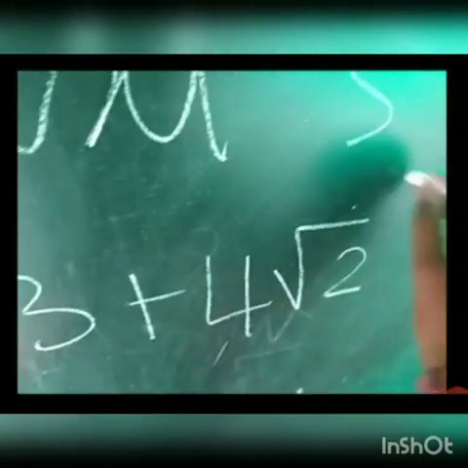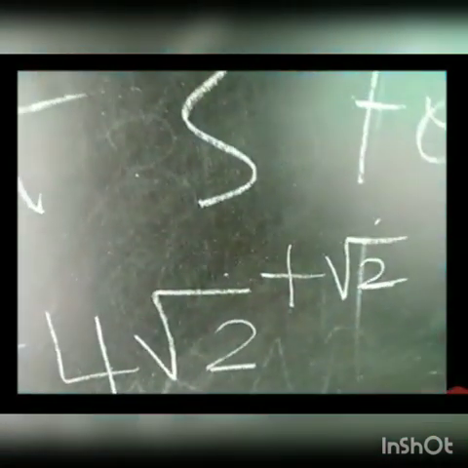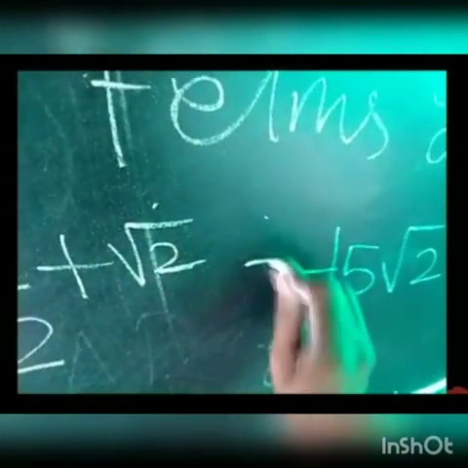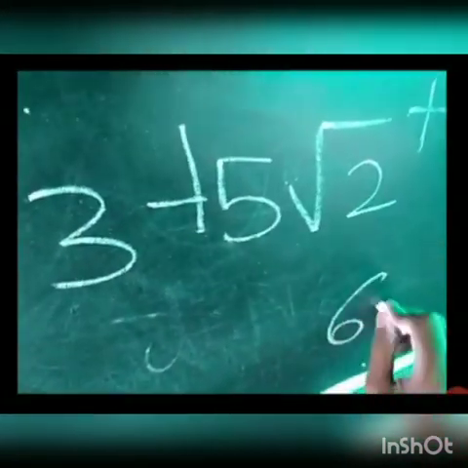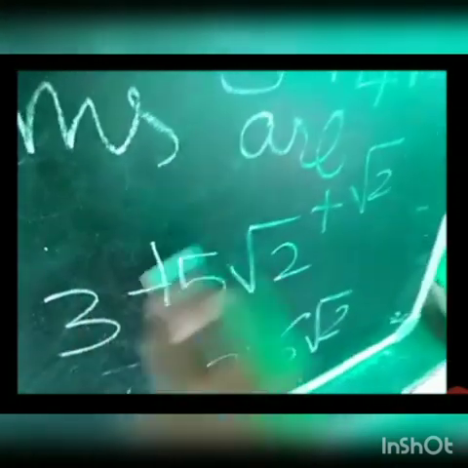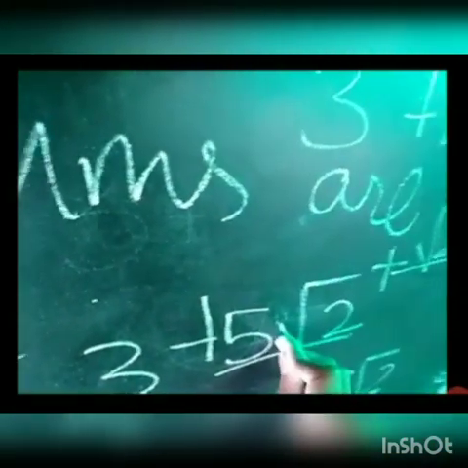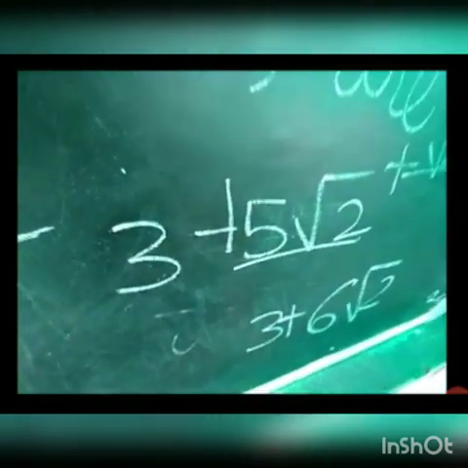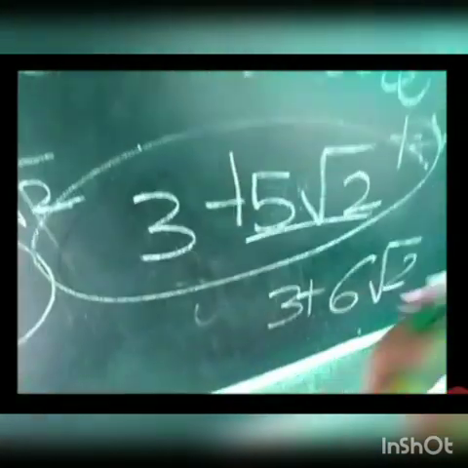Again to this value you add root 2. 4 root 2 plus root 2 becomes 5 root 2, plus 3 because we are having 3 as it is. Again if I add plus root 2 here, 5 root 2 plus 1 root 2 will become 6 root 2. We are having 3 here, so write 3. This will not get multiplied here. Only this and this get added. Correct? 5 root 2 plus root 2 is 6 root 2. Write the 3 as it is. So the next 3 terms are 3 plus 4 root 2, 3 plus 5 root 2 and 3 plus 6 root 2. This is how you need to find this.